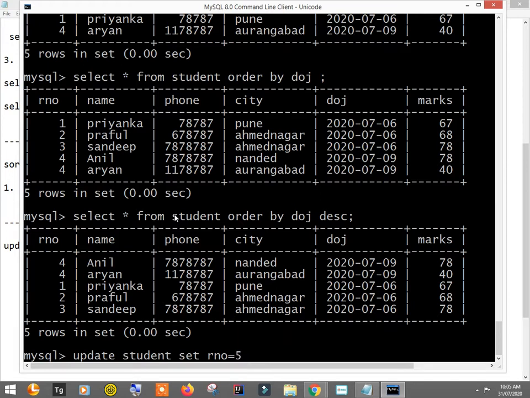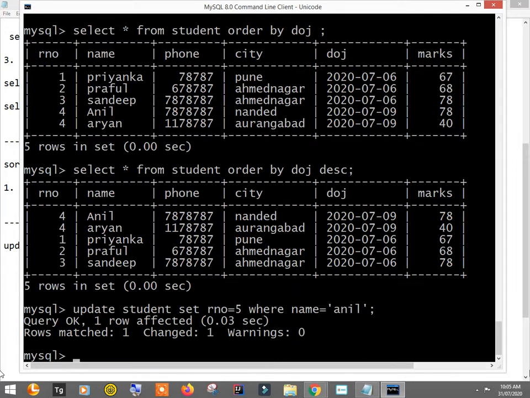If you don't write a where condition, it will set all RNO to 5, but I'll put a where condition. Now the where condition is exactly the same as in the select command. So where, let's say, name equal to Anil. Okay, where the name equal to Anil,